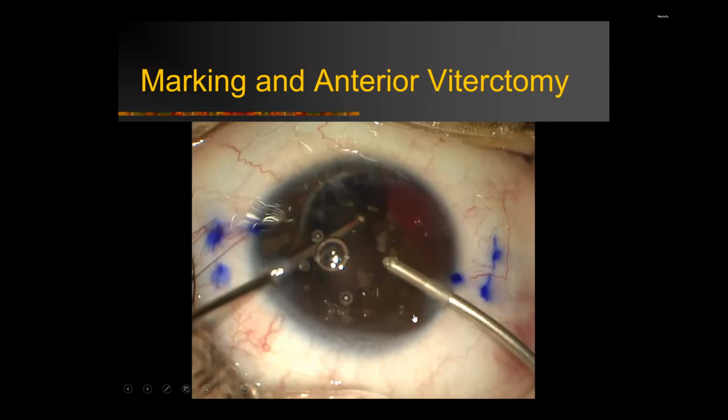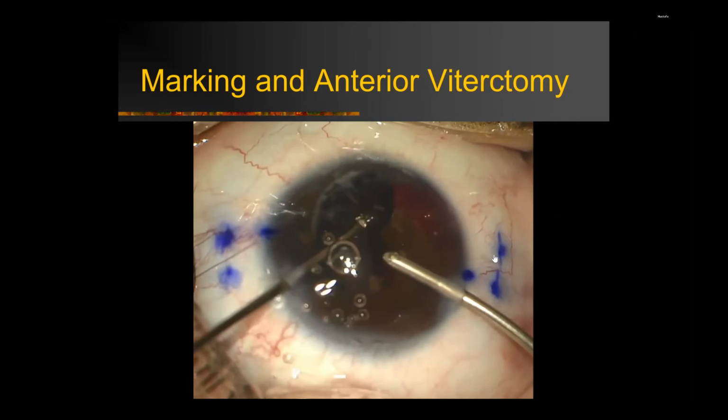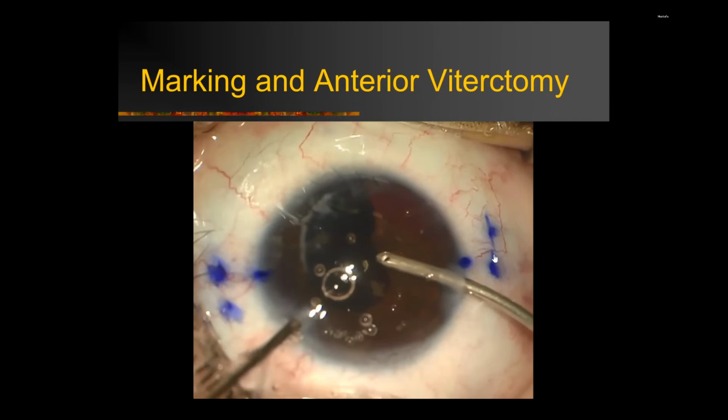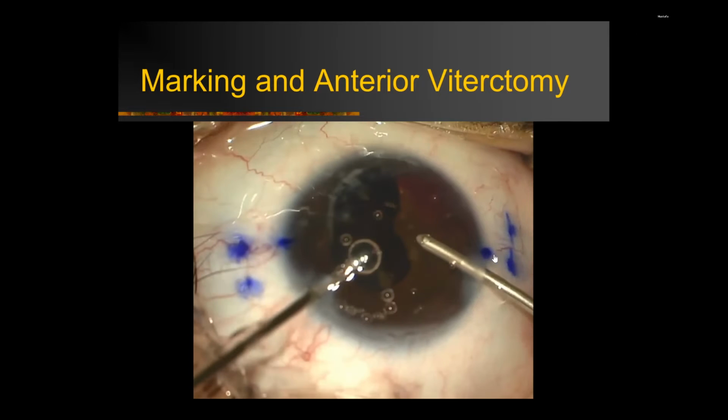So to start, before the start of the operation, we have to do markings for the Yamani technique. It's very important to put marks 180 degrees apart at 0 and 180, and then go out 2 millimeters from the limbus, and on the right side go up 2 millimeters, and on the other side 2 millimeters out and down 2 millimeters, and then start the vitrectomy, taking out all the soft lens matter, any adhesions and remnants of